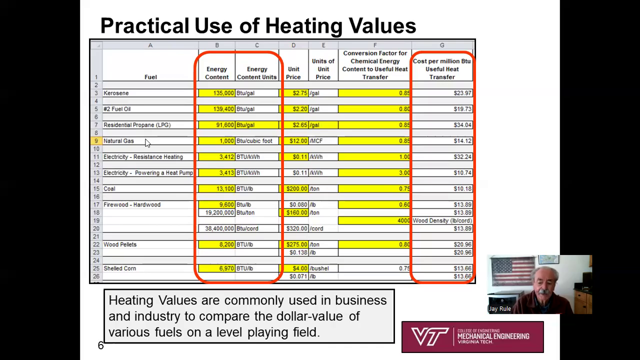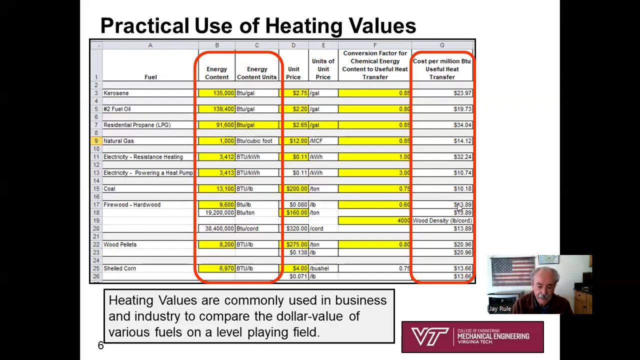And so this is the way I came up with my comparison of what's the most expensive and what's the least expensive fuel or source for heat. I'll show you. So for example, kerosene, $23.97 per million BTUs if you want to use kerosene for heating, like a kerosene heater, compared to firewood, about $14 per million